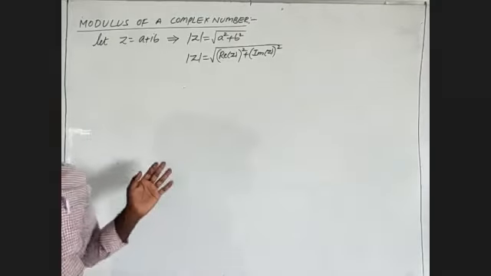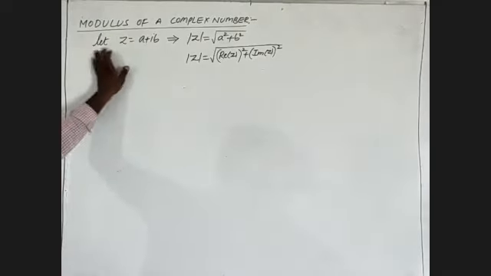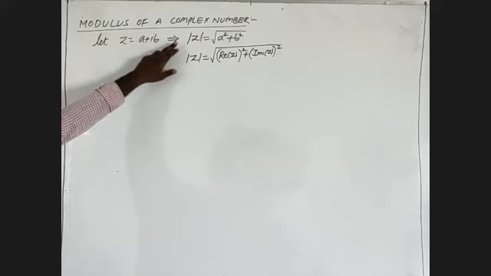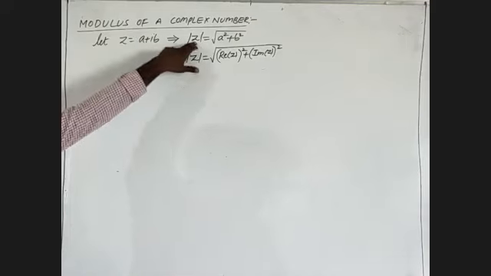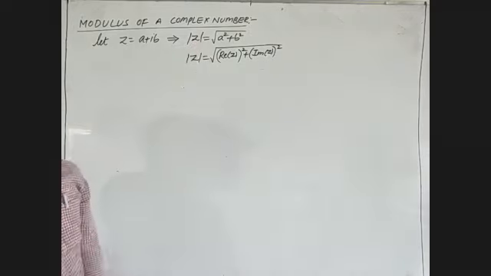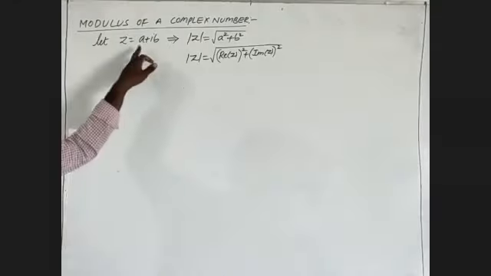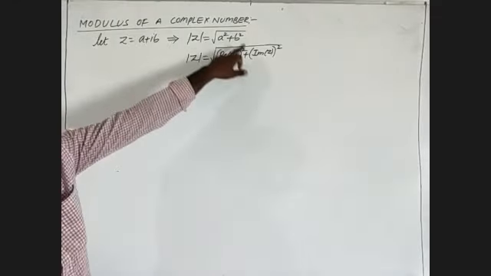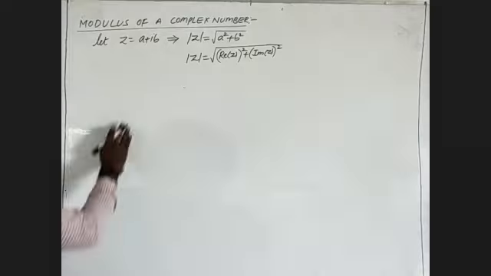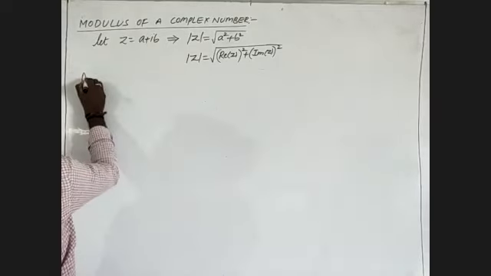Modulus of a complex number, once again I will explain this one. Let z is equal to a plus ib is any complex number. Then the modulus of a complex number can be denoted by mod z, where mod z is nothing but root of a square plus b square, where a is nothing but real part of z, b is nothing but imaginary part of z. This is the modulus of a complex number. After this, I am going to amplitude